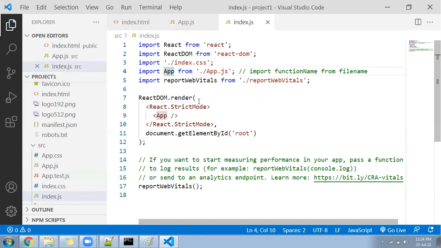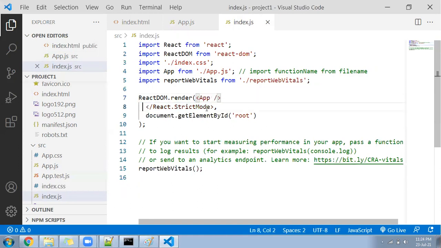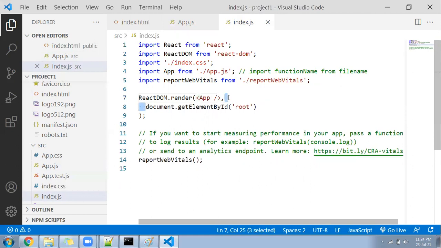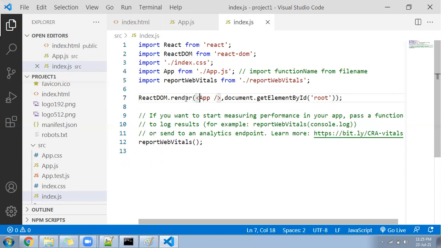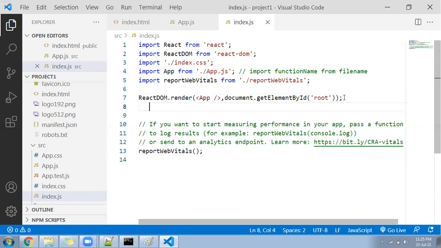Let me guide you. See, one line is written here. I will modify it a little, the strict mode. Look at there. I'm modifying this line just to convince you in a better way. See, this line was written here. I modified it a little. It is saying here, render app where. You will ask, what is this line? I'll write like this. Render function needs two parameters. First is called data, and second is called location.